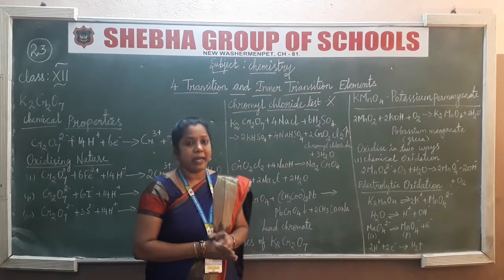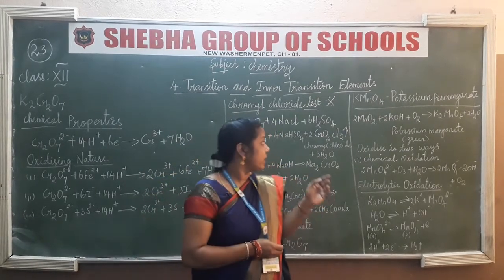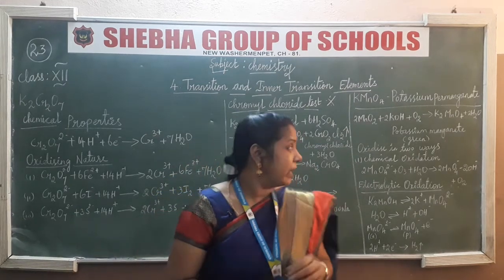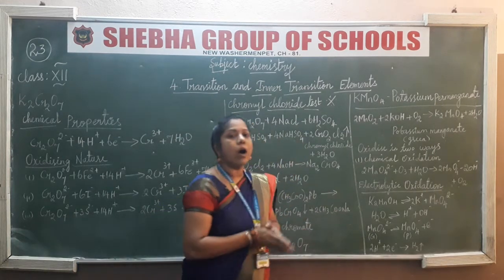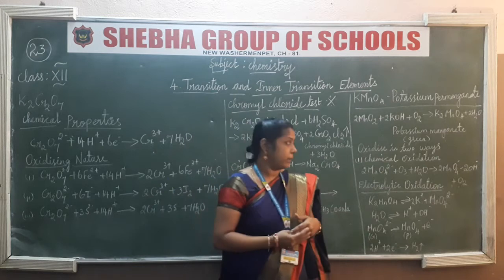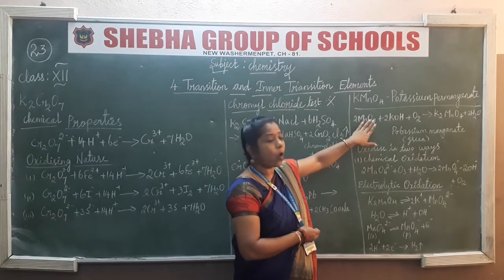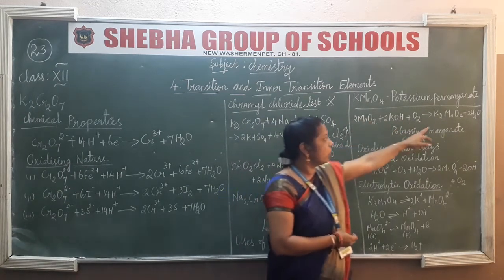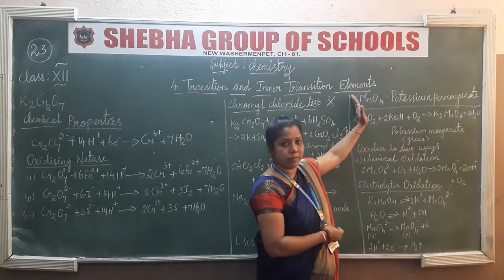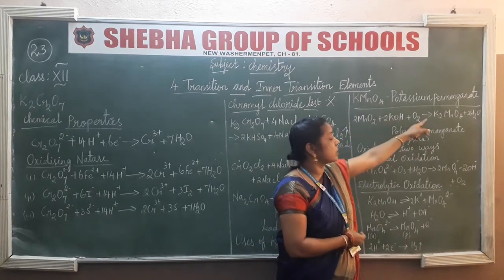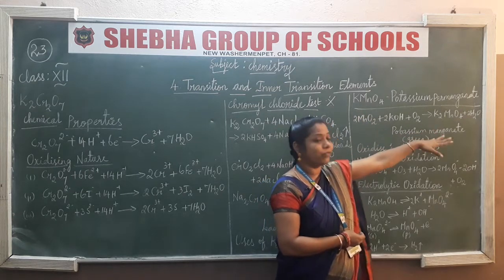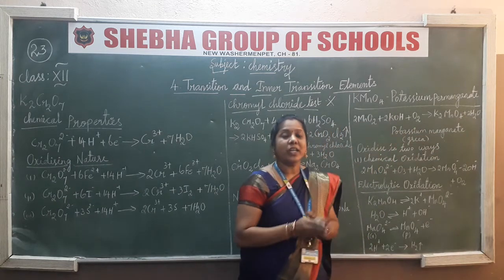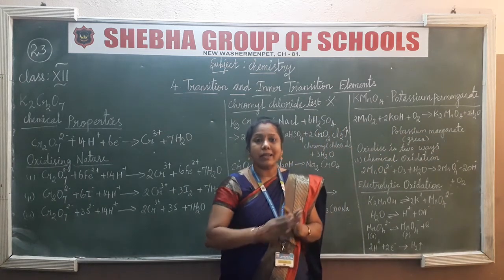In the laboratory, potassium permanganate is used for volumetric analysis. It appears pink in solution, but it's actually a dark purple color. Now, how to prepare this potassium permanganate? Manganese dioxide and potassium hydroxide along with oxygen give K2MnO4. Notice that it's not potassium permanganate. K2MnO4 is potassium manganate. So primarily we only get potassium manganate. We cannot get potassium permanganate directly.